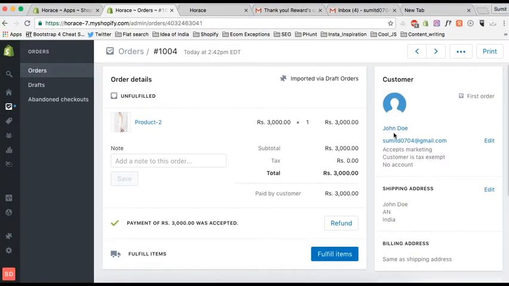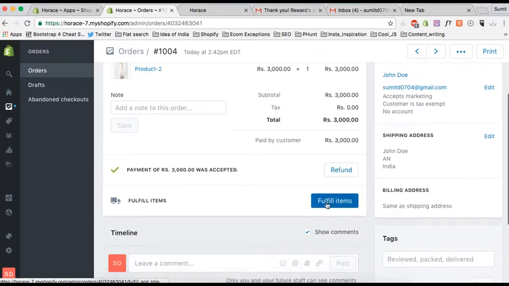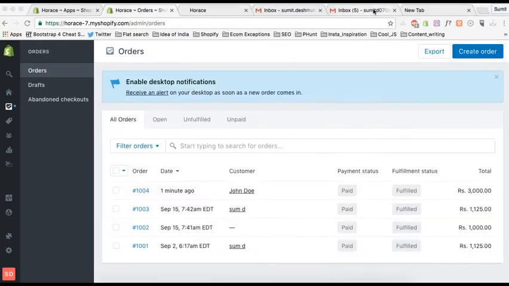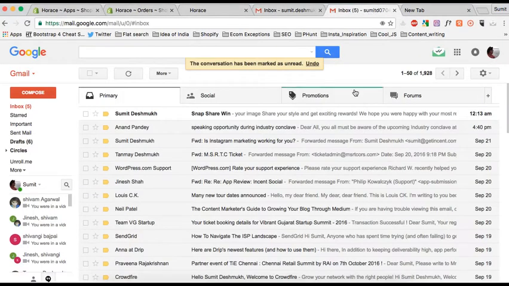Now the customer John Doe has placed the order and it is fulfilled. As soon as the order is fulfilled, the customer receives the welcome email, in this case SnapShareWin.